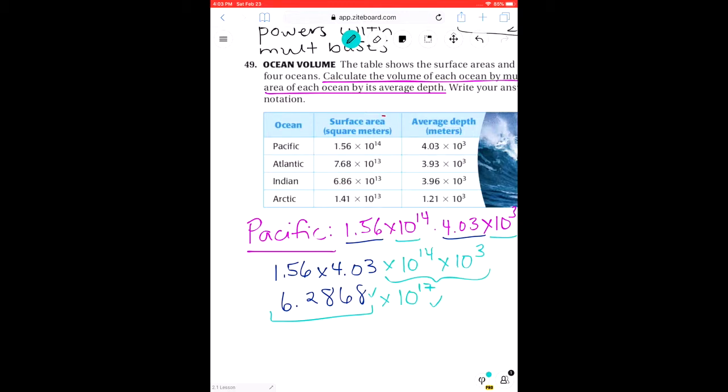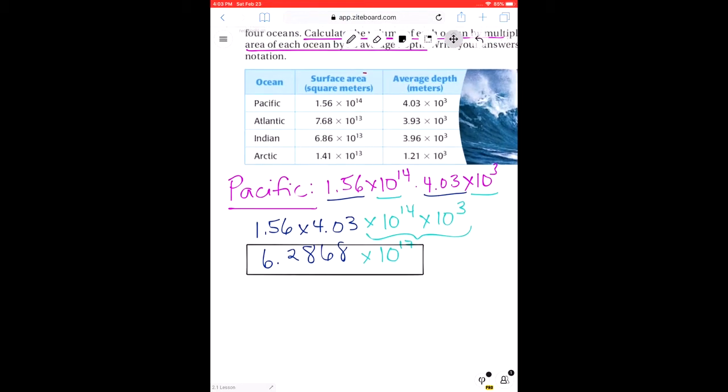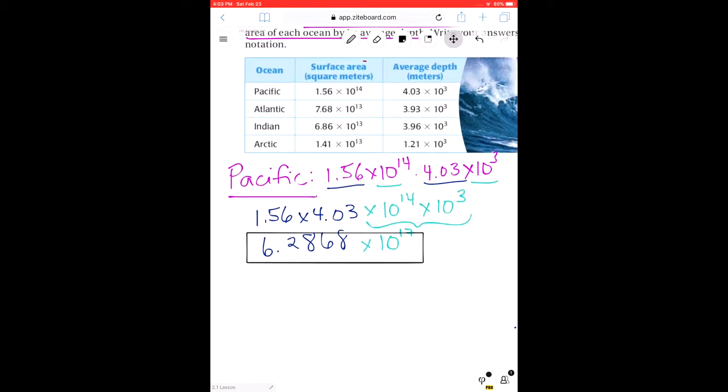So I'm just going to erase some of that extra notation so that my work is easy to read. Put a nice little box around this. In fact, I can make it a perfect box by using this little feature. Okay, and it cuts off a little bit, but that's okay with me. So now we're going to scoot down and we're going to do the same thing for the Atlantic because there's one more step here that's going to be important for us to know about. So let's head to the Atlantic again. I'm going to undo that, and I want to switch it to just a regular old pen. In the Atlantic,